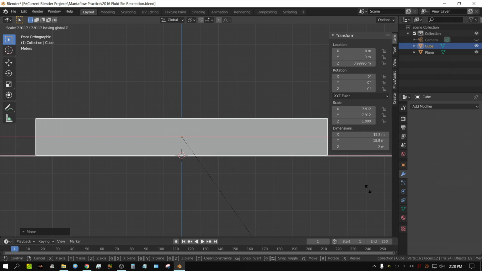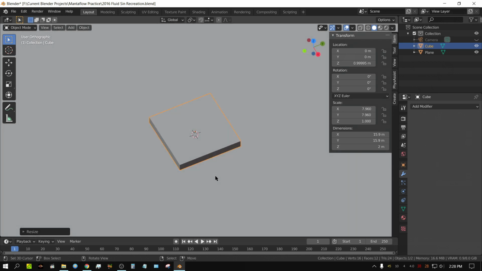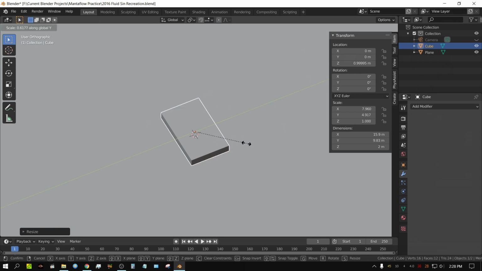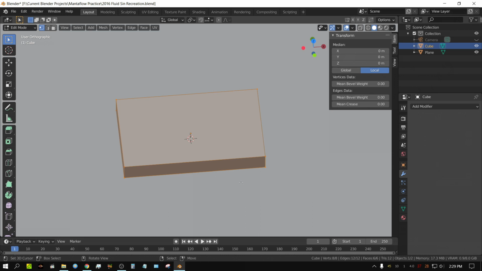Probably about right there. It's about right. And I'm going to make this a little bit less on the Y-axis. Scale Y, just bring it a little bit less. Alright, now go ahead and push Control A to apply the scale. Press Tab to go into edit mode. Face select, and I'm going to